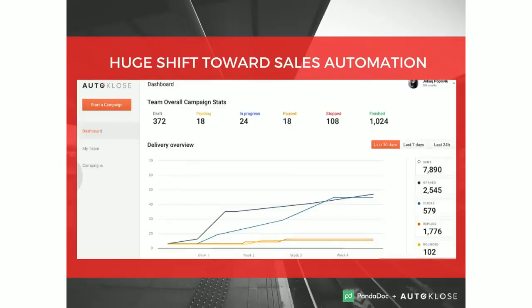So, talking about this shift towards using these types of tools, I mentioned earlier, 71% of companies in the Fortune 500 are planning to use sales automation in the next 2 years to increase efficiency and engagement. But I'll just start off by showing you one of our actual clients. I realize it's a little grainy. It might be hard to read. The slides will actually be available to you for download. You'll be able to see them much clearer. But this is actually one of our clients right within our